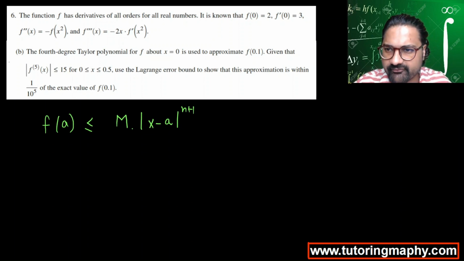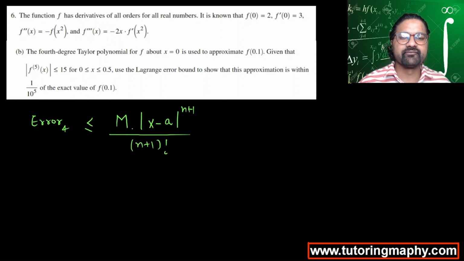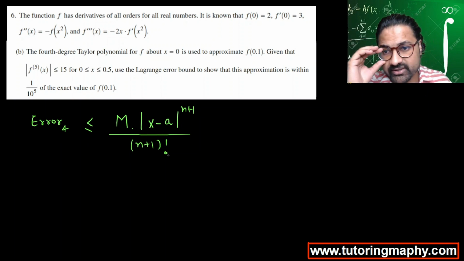Rather than writing this as f of a, I'm going to write it as the error for the 4th degree polynomial, which is less than or equal to m times absolute value of x minus a raised to n plus 1 over n plus 1 factorial. The most difficult part is to find the value of m, because m is the largest value of the